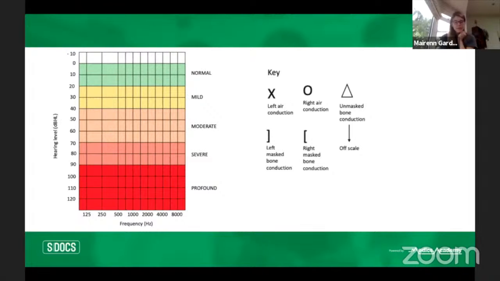Someone with mild hearing loss, it's usually their family who notice something before they do. They might struggle in noisy environments and sometimes turn the TV up louder, but it doesn't really affect them too much. Moderate hearing loss, people begin to miss what people are saying, and they'll begin to notice it themselves